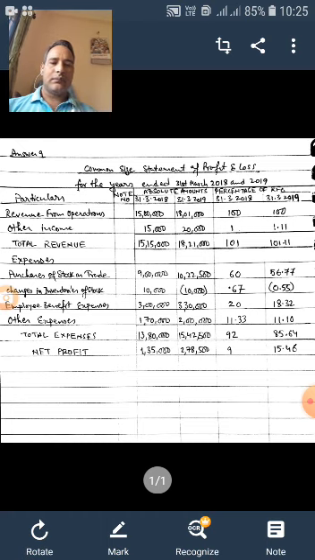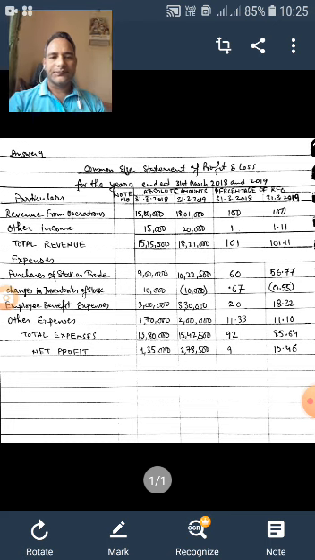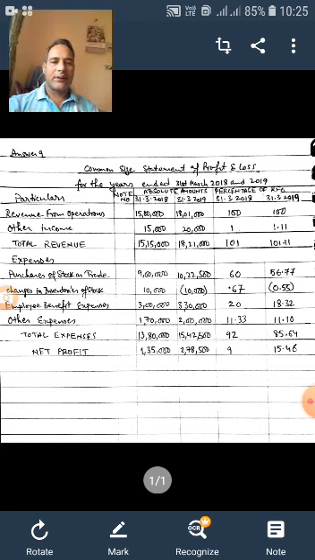We'll take the year 2018 first, and you all can see revenue from operation in the year 2018 is 15 lakhs, and in the percentage of RFO column what you have to write is this particular figure as a percentage of revenue from operation itself. So 15 lakh divided by 15 lakh into 100 gives you 100, that is 100%. So you write that in the 2018 column.